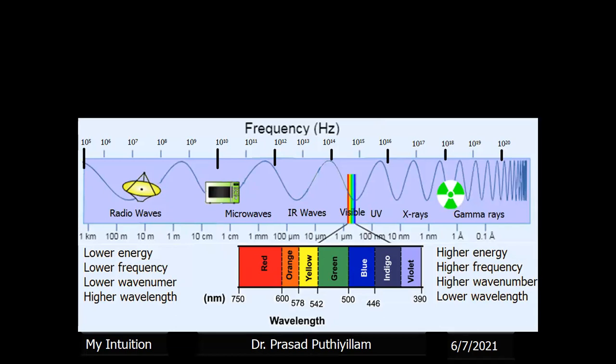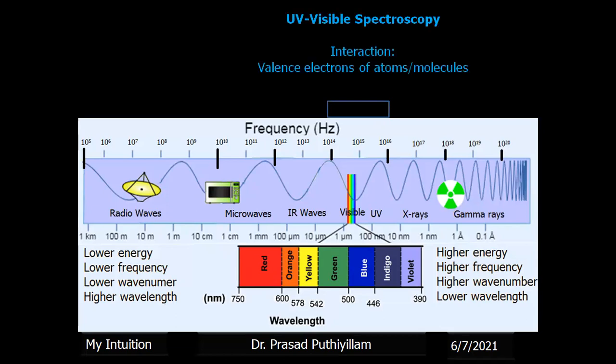This particular slide I already explained in my previous video, the basics or introduction to spectroscopy, in which the range of 10 to the 14 to 10 to the 16 hertz frequency is what we call the UV and visible spectra. Those radiations can be used in a spectroscopy known as UV visible spectroscopy. We know spectroscopy is the interaction of matter with electromagnetic radiation, which I explained in detail